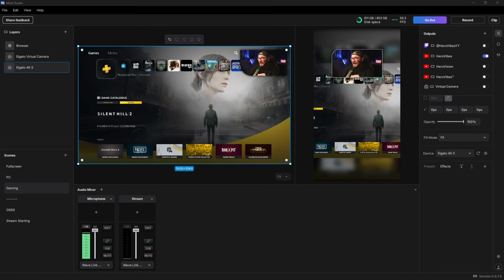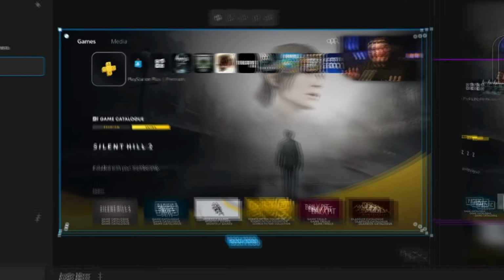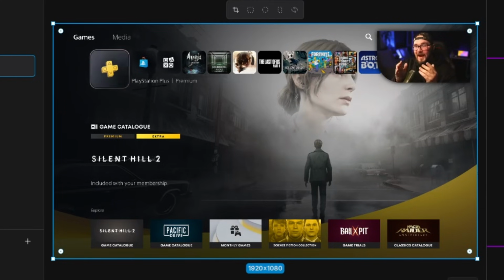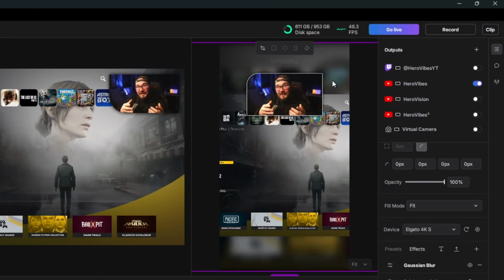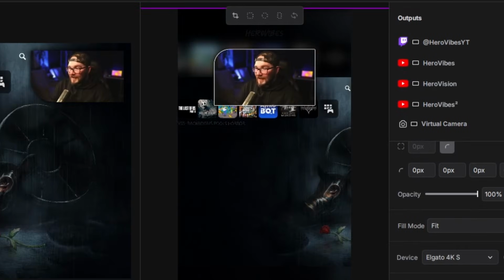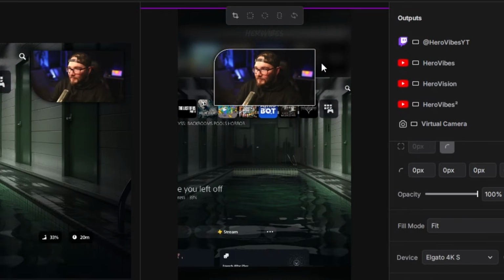If you're a fan of Meld, there's actually a vertical canvas that syncs with everything that happens on your horizontal canvas. So if you're doing a standard horizontal live stream, everything in this window is what your chat is going to see. This is your standard main canvas. The canvas on your right is going to be for clips and vertical streaming if that's something you want to do. And you can set this up with your camera, your gameplay, add a little bit of a background blur like we have going on here so that it fills the whole vertical window. It doesn't look weird in any way.